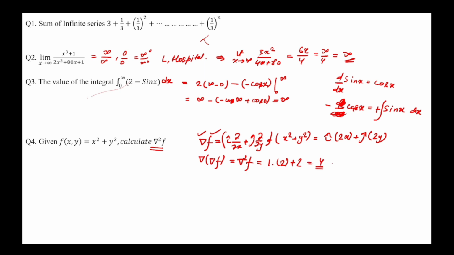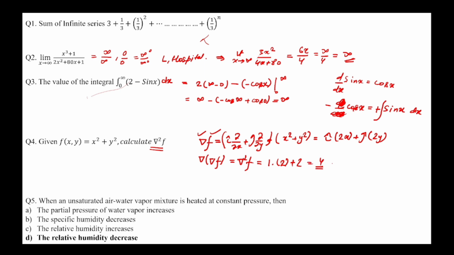so that answer is 4. Next: when an unsaturated air-water vapor mixture is heated at constant pressure. Unsaturated means there is a high chance that more water vapor may go into the air, but we are heating it at constant pressure. That means